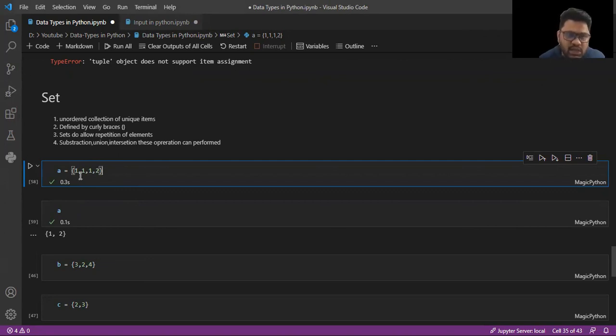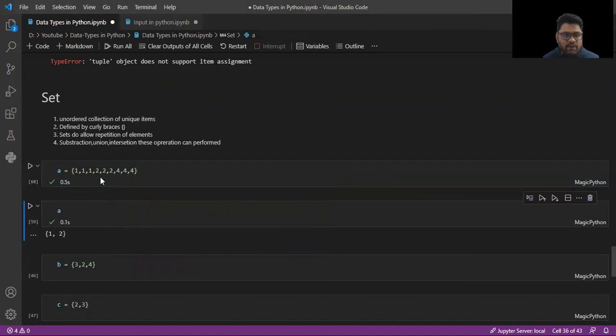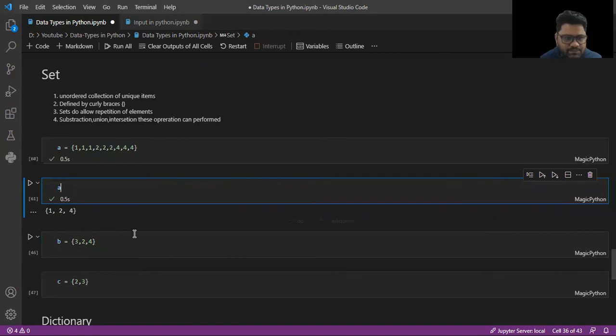Here you can see I have added a number of atoms which are duplicated. I will add 2 as well, then again 4, 4 and 4. But whenever you try to print that particular set, you can see only the unique atoms are stored: 1, 2, 4. So only unique items can be stored by a set.